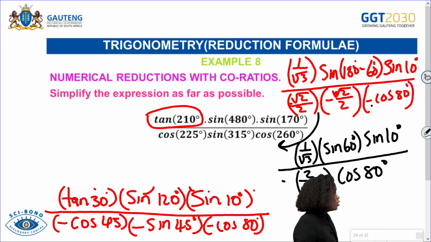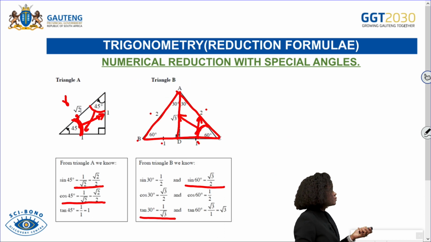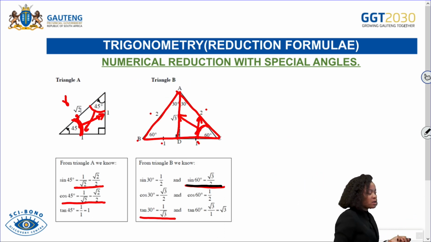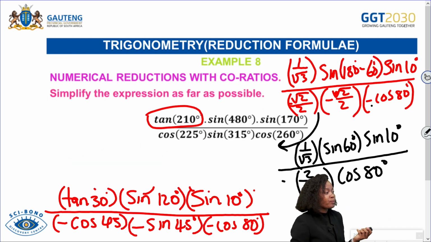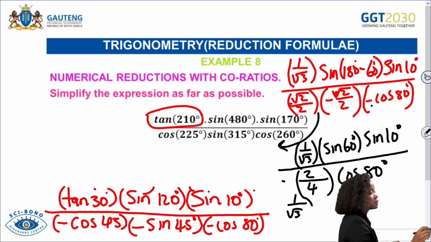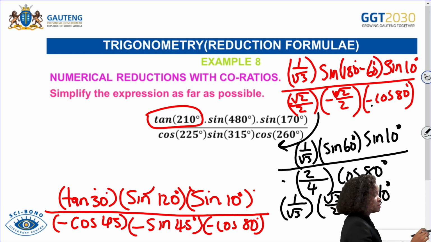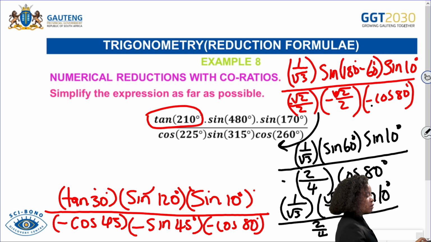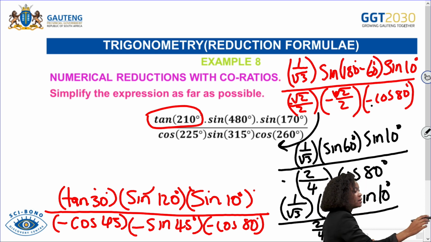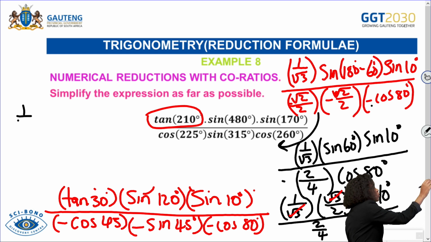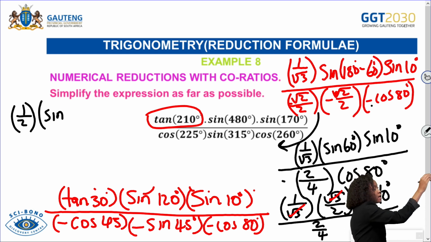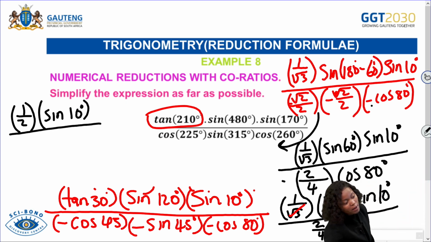Okay, so let's change our sine of 60 degrees again. So we said sine of 60 degrees is going to be root 3 all over 2, right? So let's go back. So we say it's 1 all over root 3. And then it's root 3 all over 2. And then it's sine of 10 degrees all over 2 all over 4, right? Okay. So if I say 1 times root 3, I'll get root 3. Root 3 times 2, I'll get 2 root 3, right? And then this root 3 and this root 3, we cancel each other out. So I'll be left with 1 all over 2 into sine of 10 degrees all over 2 all over 4,